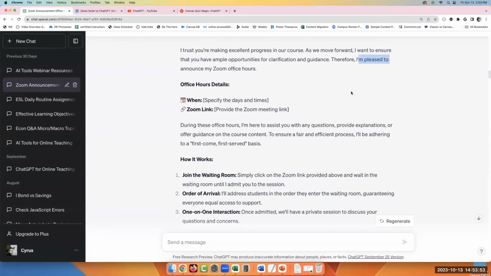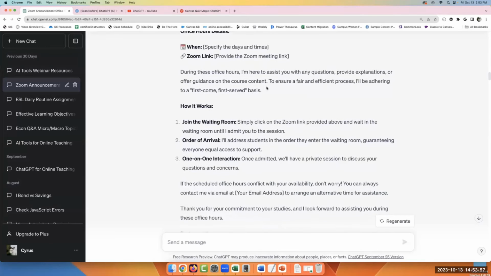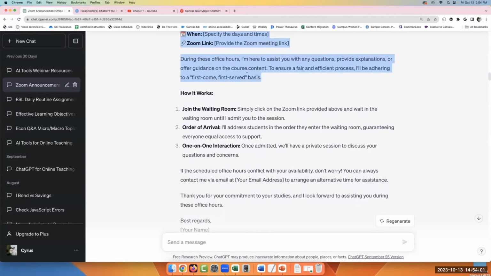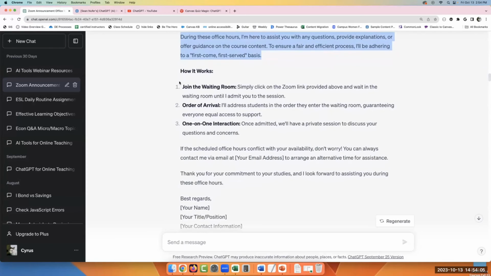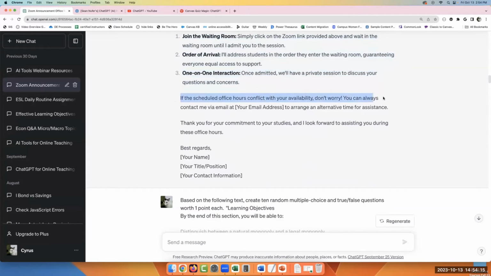That's a little bit much, but then the Zoom link, and then it's much shorter here. During these office hours, I'm here to assist you, and to ensure it's fair, first come, first serve. How it works, it's kept the how it works, and included the word private session, right? And then that's it. And then it says, if these conflict with your availability, don't worry.